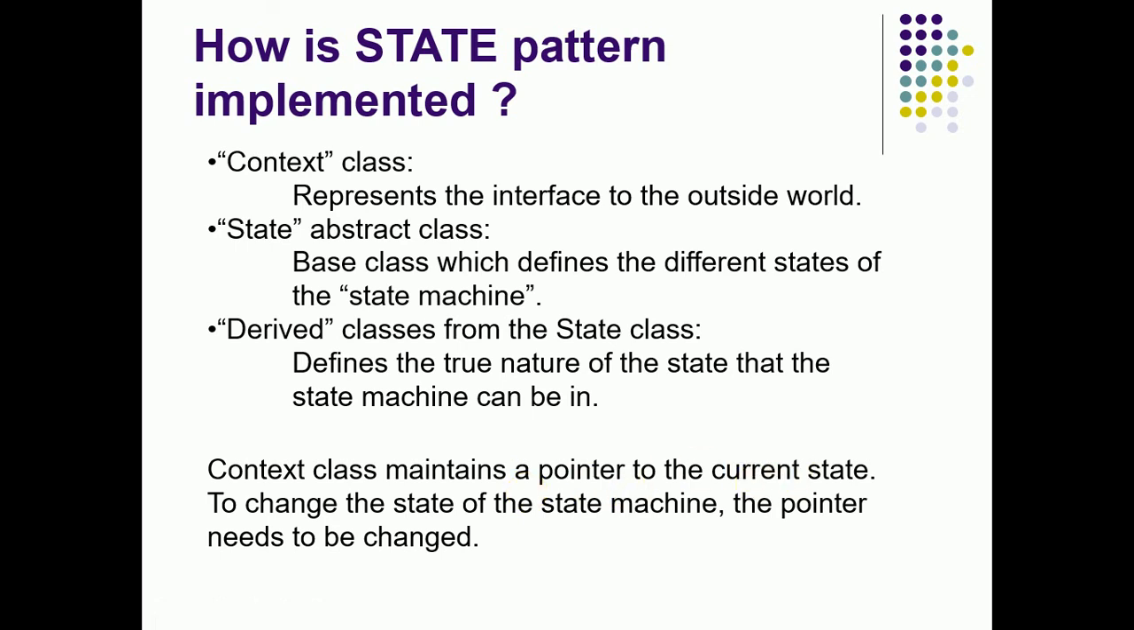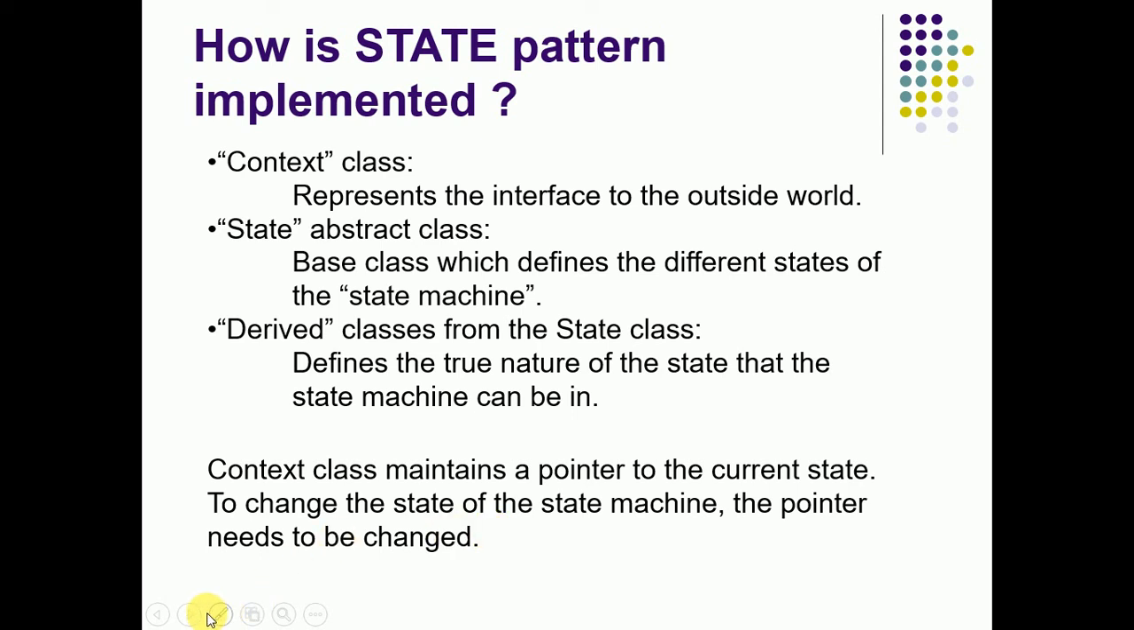It saves the current state through the pointer context. Pointer is just like our memory locator. To change the state of that state machine, the pointer needs to be changed. So first we have some kind of state. The water is maybe in ice state. After invoking the method of increased temperature, it may change its state from ice to liquid or liquid